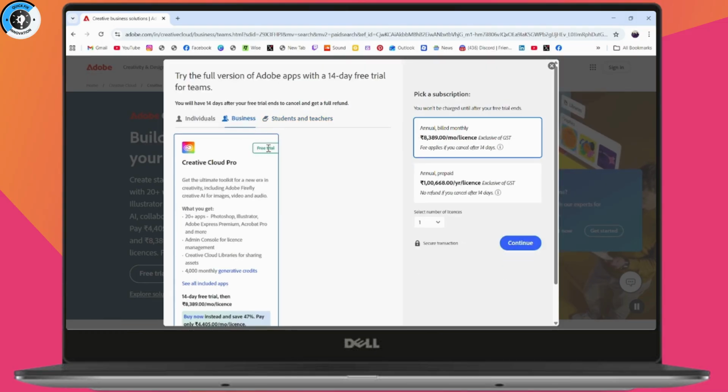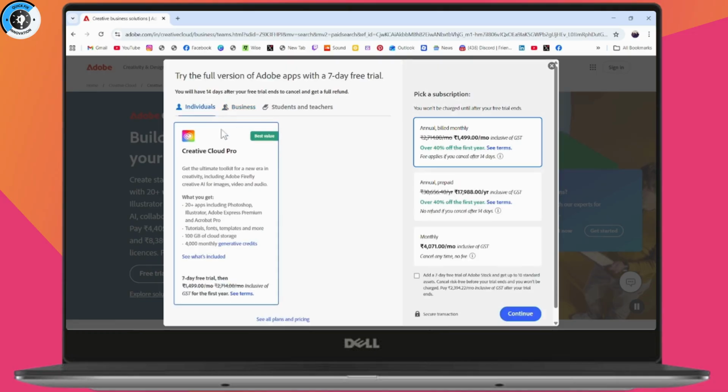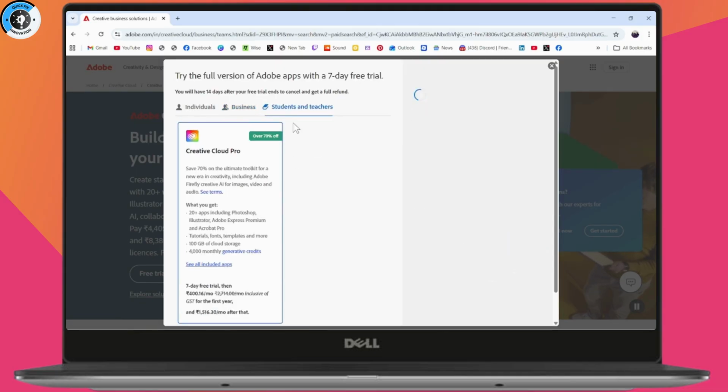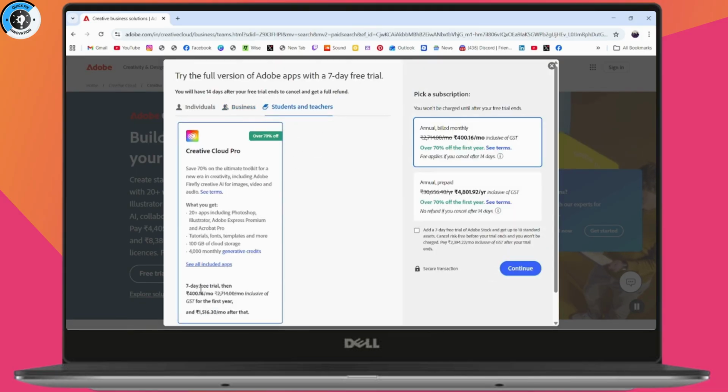And then under business, you will have a free trial. And then you will have individuals, which is the best value. You'll have the 7-day free trial and a 7-day free trial for business. And then for the students and teachers, you will also have a 7-day free trial, but you will get over 70% off after the free trial. So you can simply go with add a 7-day free trial right here under the Adobe Stock, and then